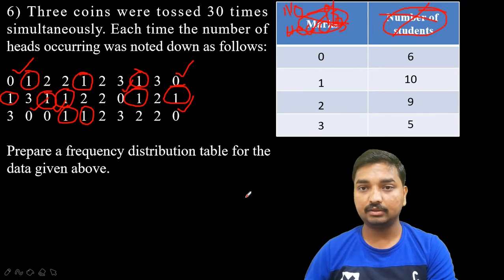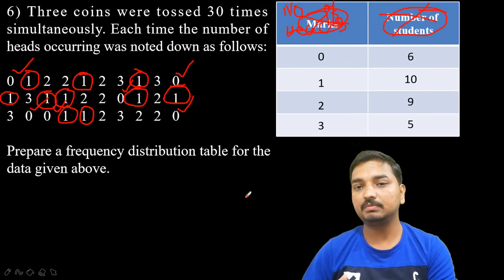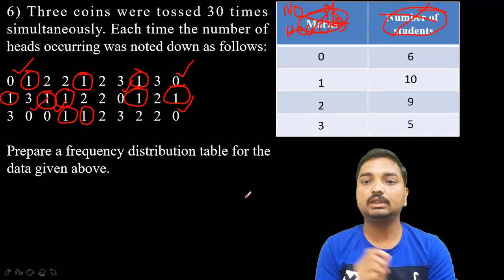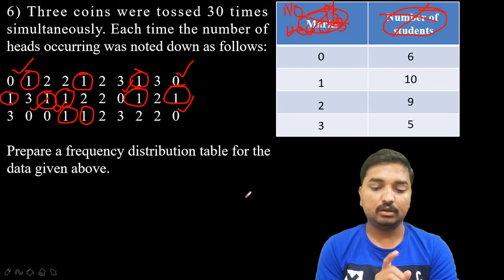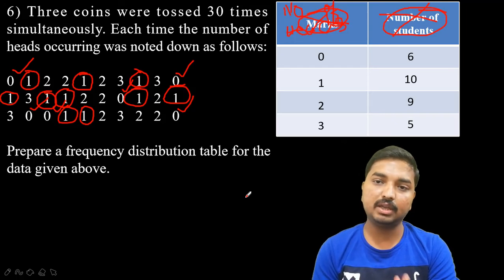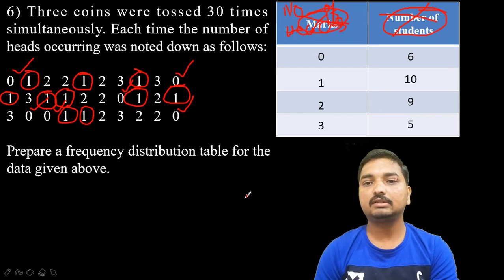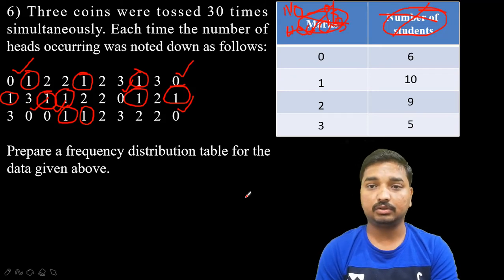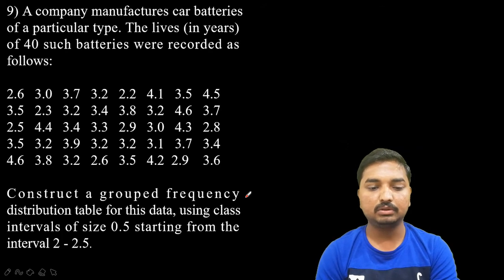If a class interval appears, in the question itself he is going to specify the class size or width of the class interval. And some examples of class intervals will be given to you in the problem itself. Then you can understand that in the first column we have to write the class intervals. If it is not like that, then it is related to the non-grouped format of presentation. This is the ungrouped format. And the second one, which consists of class intervals, is called grouped frequency distribution. And I will move to the 9th question.